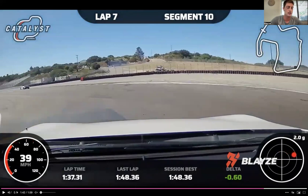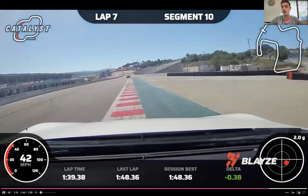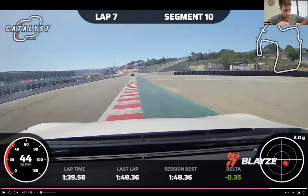This is where I should start to see acceleration. And we're just a little late on aggressive acceleration because of that. So there's more brake pressure, you get more weight on the front end, get a little bit more rotation, and get that